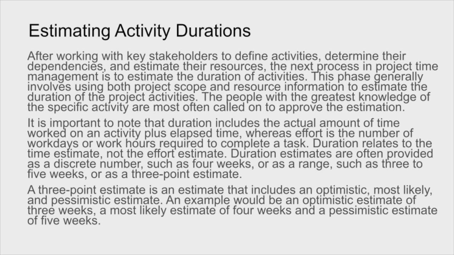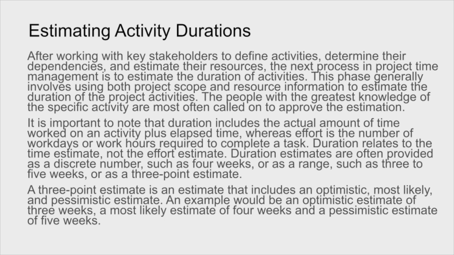Duration estimates are often provided as a discrete number, such as 4 weeks, or as a range, such as 3 to 5 weeks, or as a 3-point estimate. A 3-point estimate is an estimate that includes an optimistic, most likely, and pessimistic estimate. An example would be an optimistic estimate of 3 weeks, a most likely estimate of 4 weeks, and a pessimistic